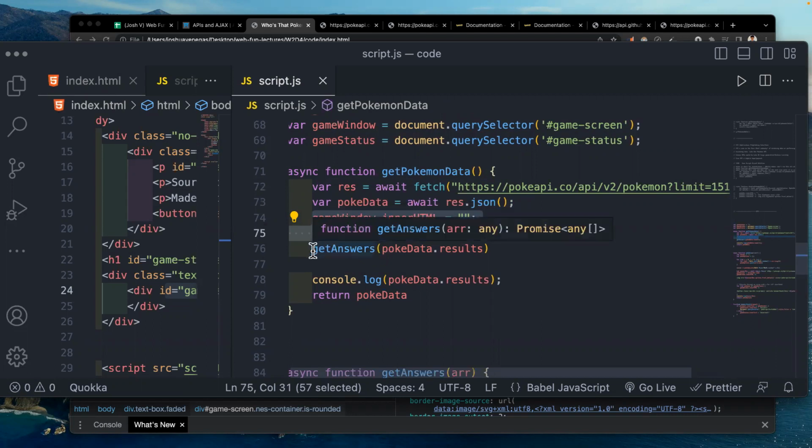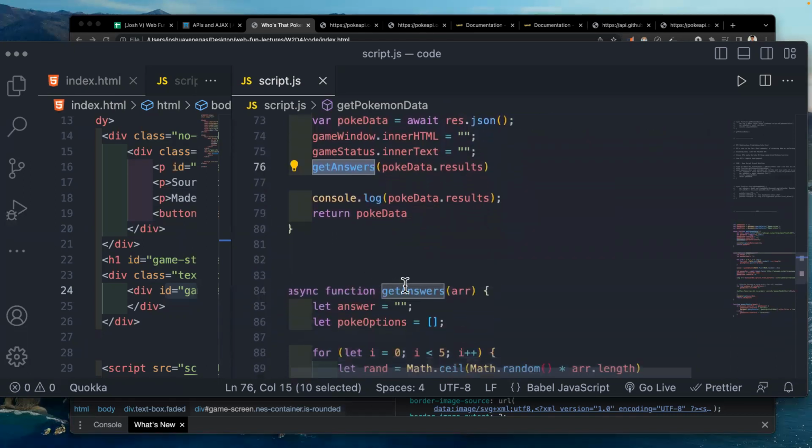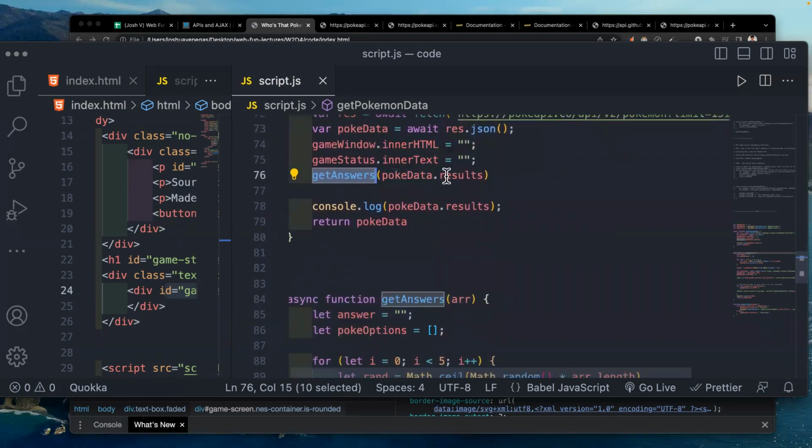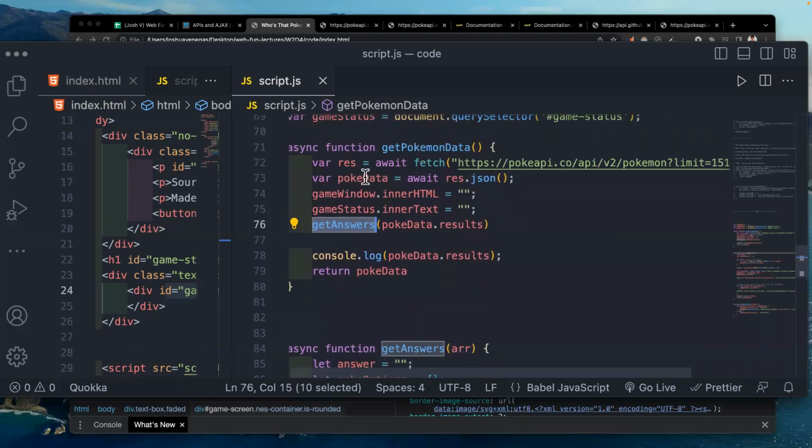And then we have a function called getAnswers. GetAnswers is defined below, but we can call that function within this main function, and it's going to get PokeData.results.